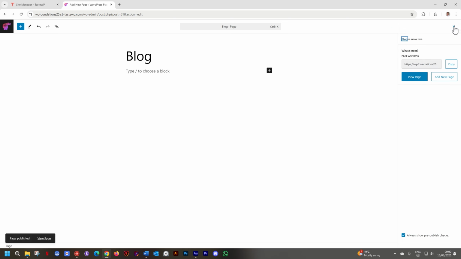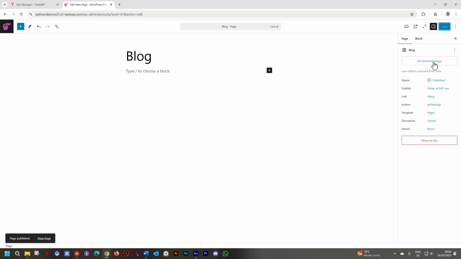You can close this panel, set a featured image if you want to. And now you're done. You're not going to touch this page again. This is a placeholder page. And this allows WordPress to say, this blog page, this is where I will display all your blogs for you. But as I mentioned to you earlier, you have no control over that. WordPress takes the wheel and it will decide how it will look. And then in the next module, I will show you how you can improve on that.